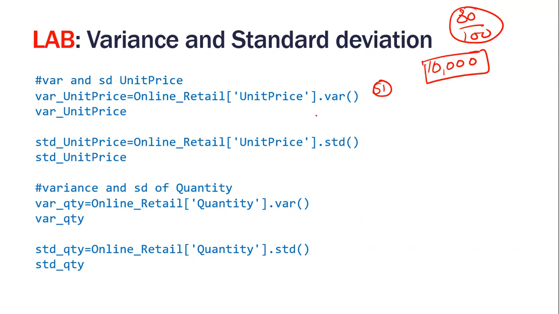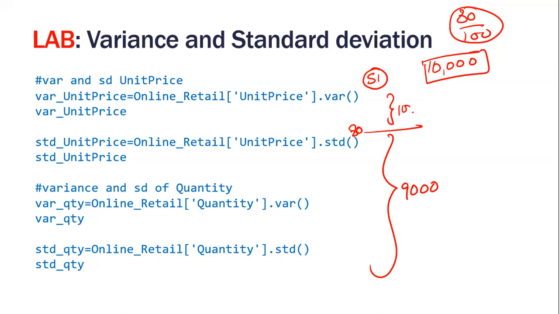Scenario one, sometimes we can't say that is true. Scenario one is, with 80 marks, he may have outscored 9,000 people. Only 1,000 people outscored him. That means 90% of the people are below him. Only 10% are above him. With 80 marks, he is standing at 90 percentile. Then he is doing a good job, no doubt about it.